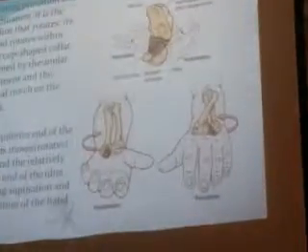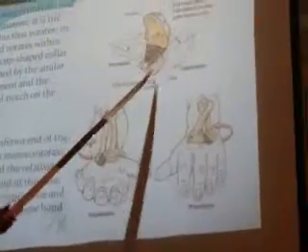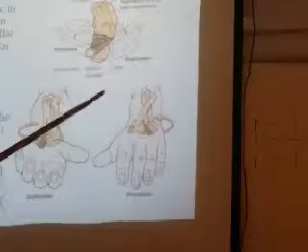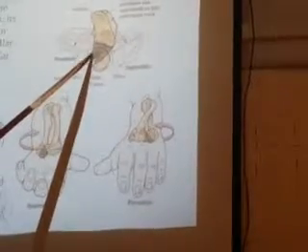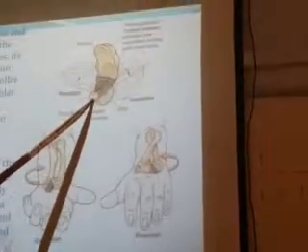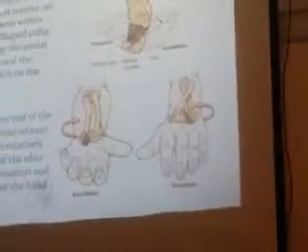One more picture showing how this ligament helps. When the radius is overriding the ulna, both ends have to be kept together. In that case, this becomes very important. This is the triangular ligament between the styloid process of the ulna and the inferior end of the radius. It is triangular, with the base attached to the radius and the apex attached to the styloid process of the ulna.